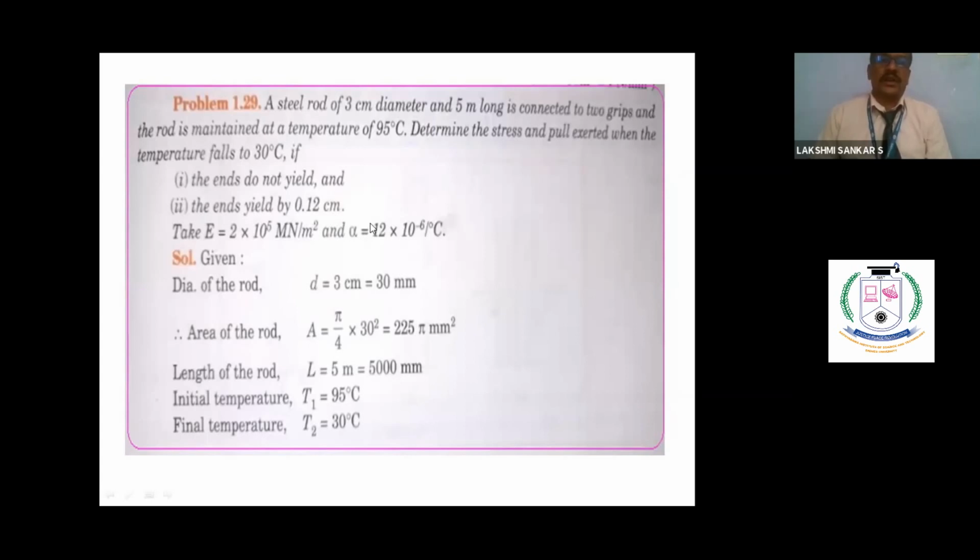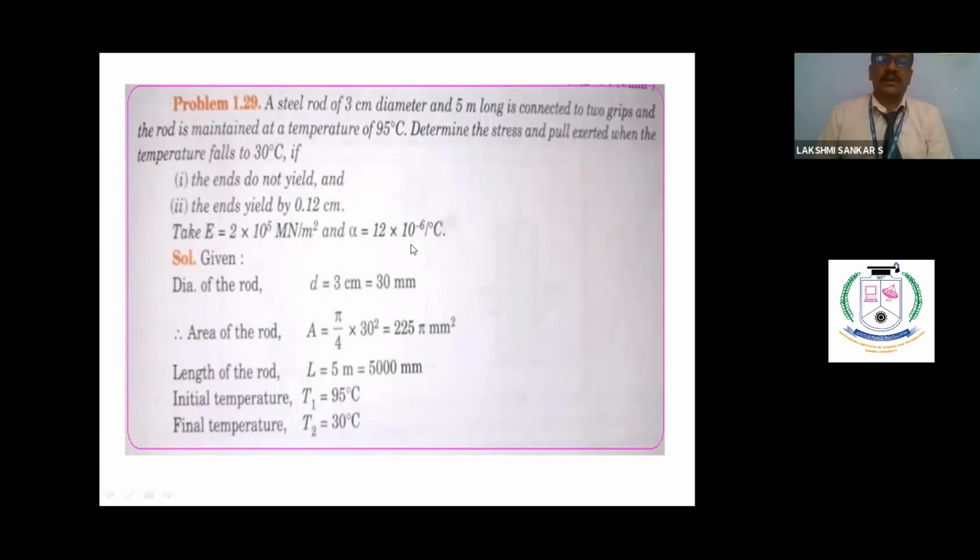I will give you a small example. You need to pay 1 lakh rupees to the bank, let us say. If you have zero money, the stress will be for the full 1 lakh, correct or not? On the other hand, you have 60,000 in hand, which you can freely pay. So the balance 40,000 will be the loan commitment. The same way, if the ends do not yield, there is no scope of yielding, therefore the stress will be very high, as if you need to pay 1 lakh rupees. But if some level of extension is allowed, then for that level there won't be stress. Beyond that, some stress will be there.